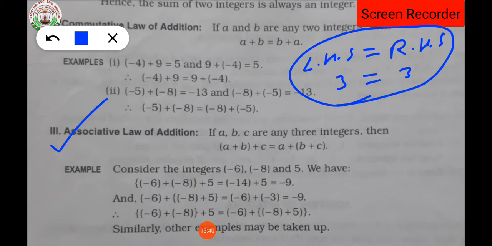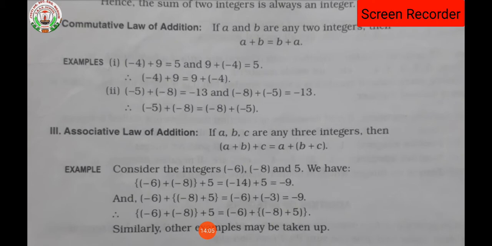Like this, the same questions can come in the exercise also, where you have to show whether LHS and RHS will be equal. Some values will be given for a, b, c. You have to substitute the values in the property. That means here you have to substitute and verify whether it is satisfied or not. If LHS and RHS values are equal, that means the property is satisfied. If it is not equal, that means it is not satisfied. Have you understood up to here?